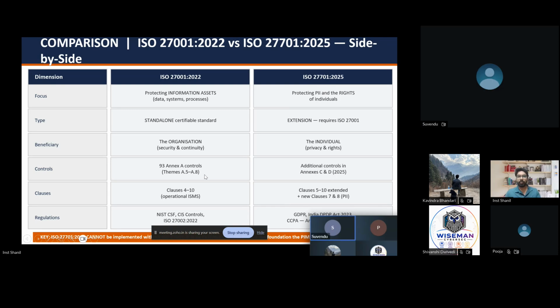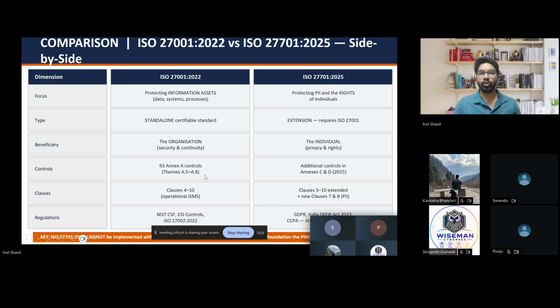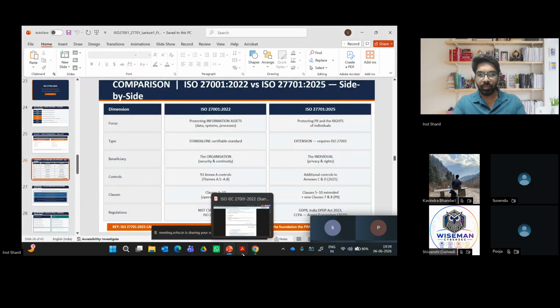So what happens is there are multiple standards in the ISO family. For ISO 27001, they have used Annexure A, and then they have straight away jumped to Annexure C and D. Annexure B is not usable in both of these standards. It will be applicable in some other standard, but not here. Whatever is applicable will be defined completely in the bare standard which the ISO committee provides. So I'll be displaying the actual standard as well. Let me just do it right away.